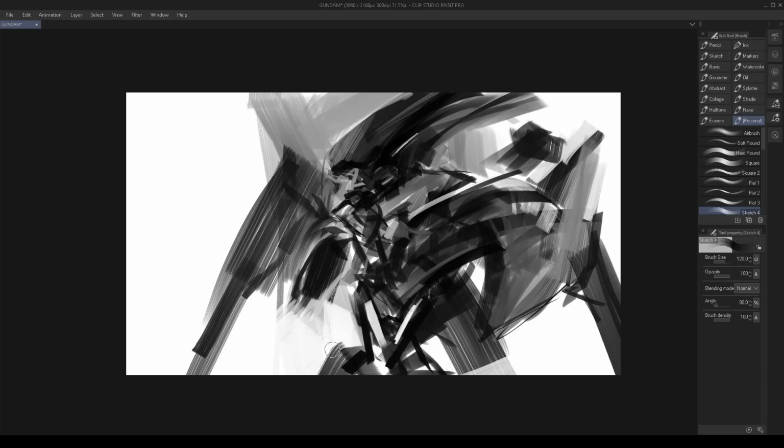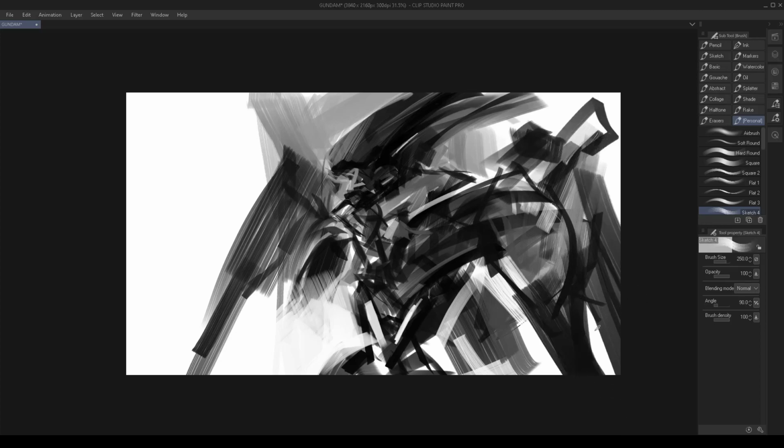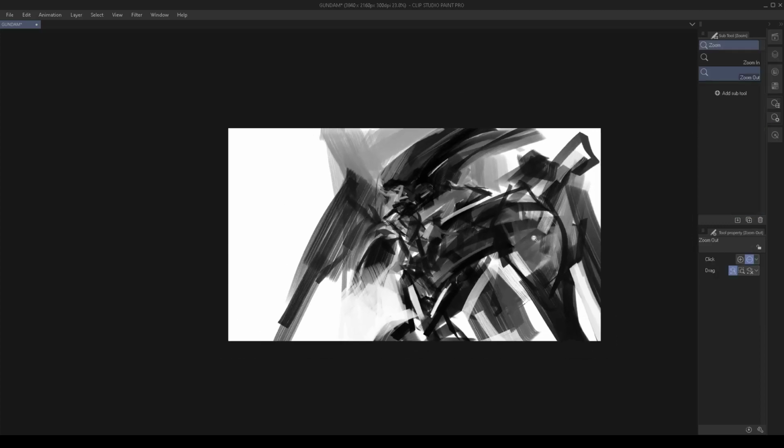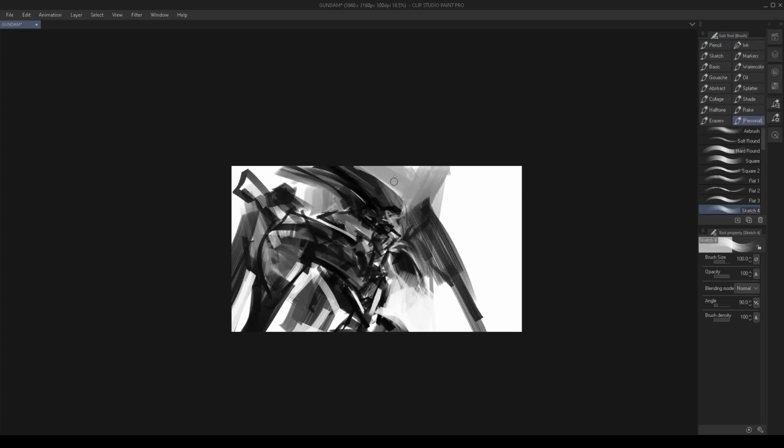Again, I'm not really good with the whole structure thing. It would have helped if I had reference, but I'm trying to be ballsy right now. Right. If this is the shoulder plate, where would be the arm? The shoulder plate needs to be different. Right? And it helps if you're zoomed out so you can see the bigger picture. The head part is not working for me right now. I feel like it needs to be... I know the eyes are kind of... It has that Evangelion-esque kind of eyes. They're kind of slanted and...